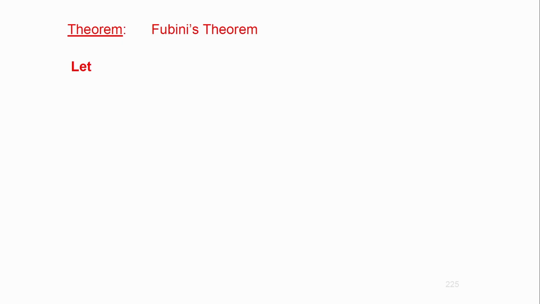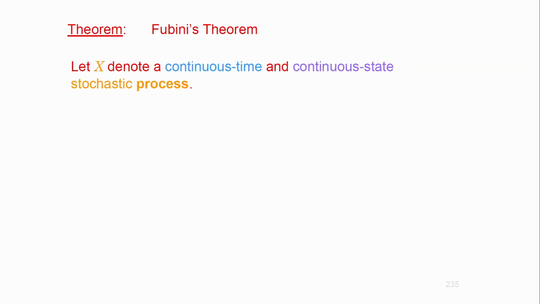It allows you to bypass the expectation operator by the integrator. I mean, you can call it the integral operator, but it's not an operator in that sense, but you're going to see what this means. So let's say you have a stochastic process, and that is going to be a continuous time and continuous state stochastic process without loss of generality. It also works for discrete time, discrete state processes under certain circumstances, but it's easier to prove for continuous time and continuous state stochastic processes.